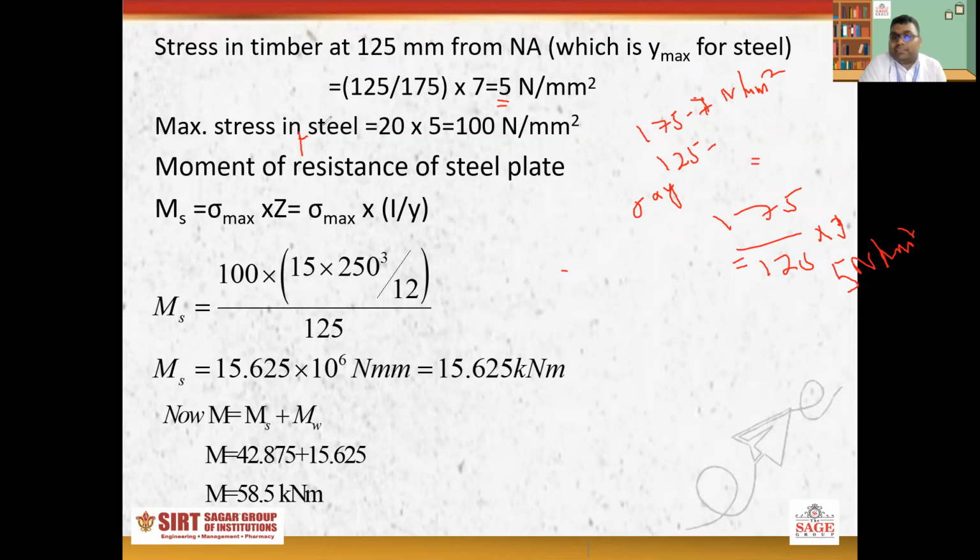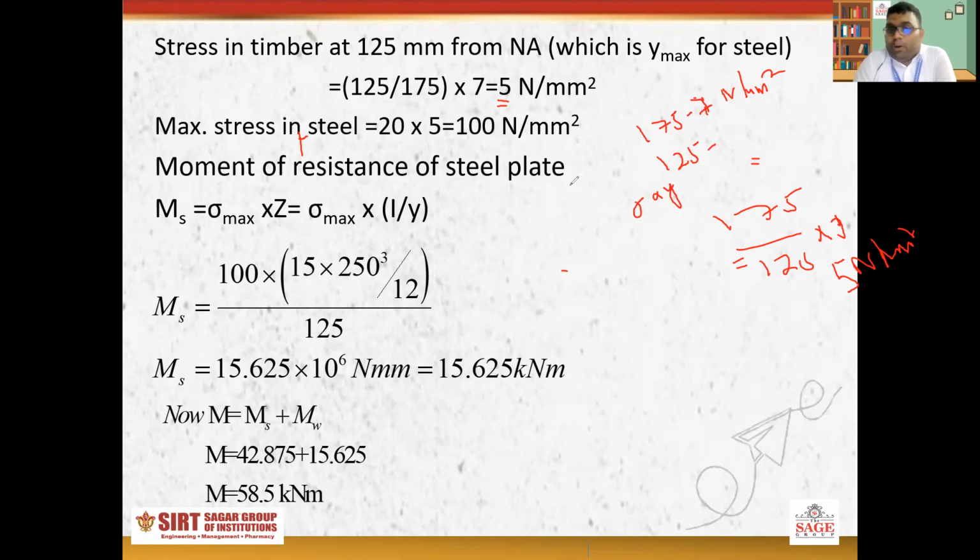The maximum stress in the steel में. सो जब स्टील में आप करोगे, सो ये जो आपका ये जो वैल्यू है कौन सी, मॉड्यूलर रेशियो. सो मॉड्यूलर रेशियो की अगर आप इस वैल्यू में मल्टीप्लाई कर देंगे जो हमको उसी डिस्टेंस पर वुड के लिए मिला है, सो वी विल गेट द मैक्सिमम स्ट्रेस इन द स्टील. और वो वैल्यू है, देखो ये कितनी, ये हो जाएगी 20 into 5 and it will be 100 न्यूटन पर